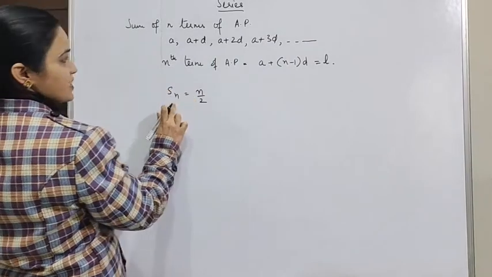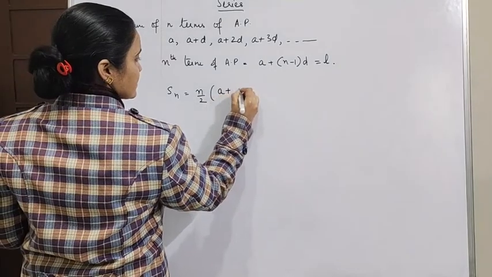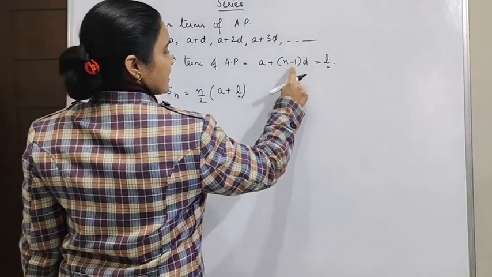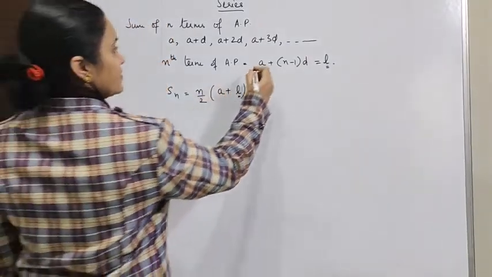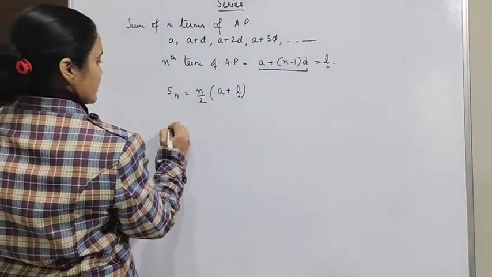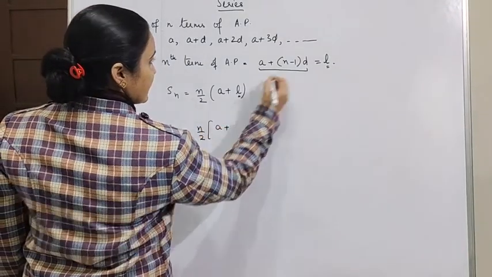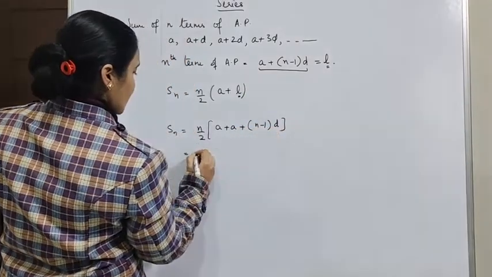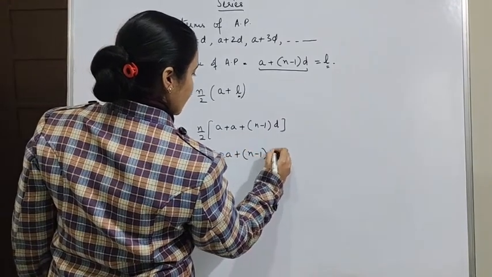This is the sum of first n terms of AP: a plus l, where l denotes the last term, that is a plus n minus 1 times d, the nth term. Last term is this. And if the last term is not given to us, then Sn can be written by putting the value of l, a plus n minus 1 times d. So we have Sn as n by 2, 2a plus n minus 1 times d.